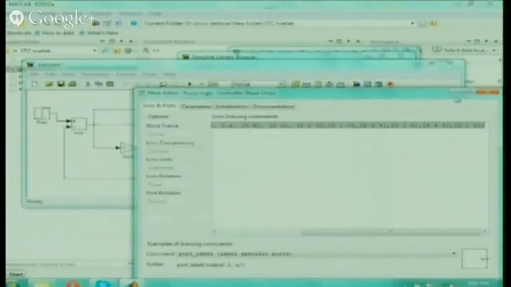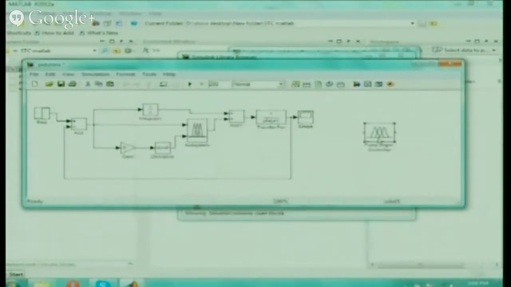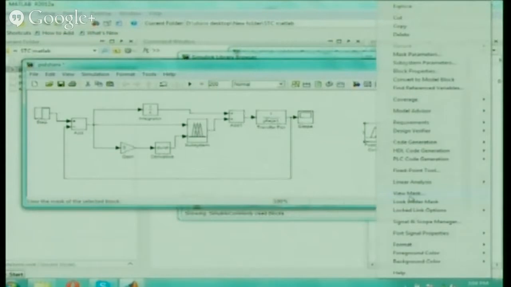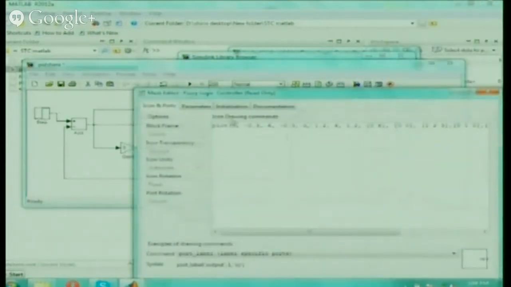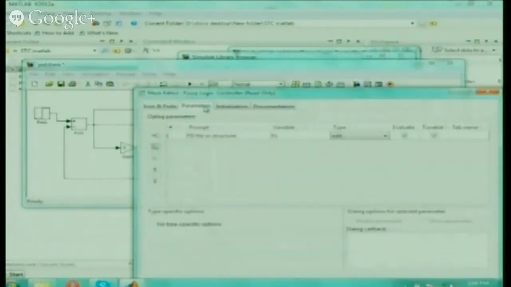It will take a little time because you have to enter all these things. So I am just leaving it to you people. You just go and try that. Okay, so here you can just go to edit and see. I'm just going to look under mask and you can go and see the parameters. Say parameters, FIS file or structure, and this is the thing, and say initialization.